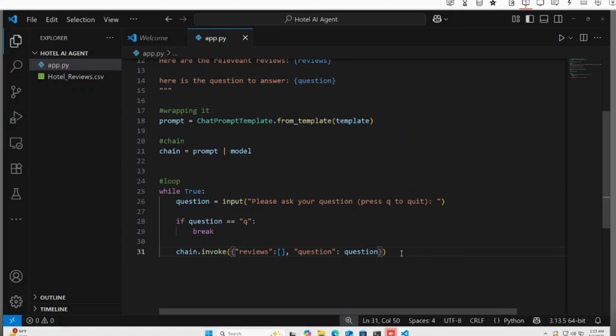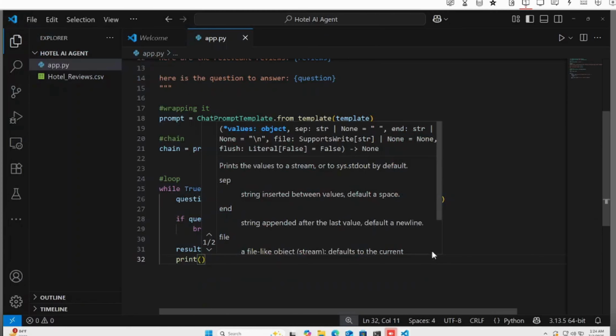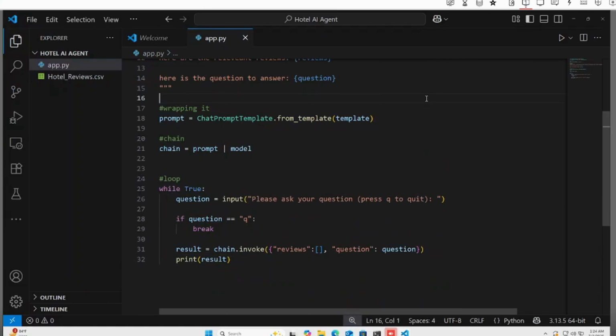And once the model processes the input, it gives us a response. We then print out the result. So we have to also store this inside a variable. Let's name it result. And once it gives us a response, we will just print the result. Okay. And with that, we have created a simple interactive loop where users can keep asking questions and the model will keep responding until they choose to quit. Now when we run the script, we will be able to chat with our LLM as much as we want,